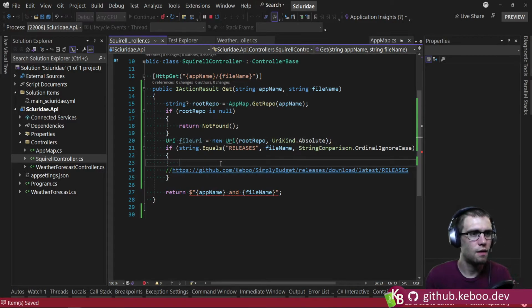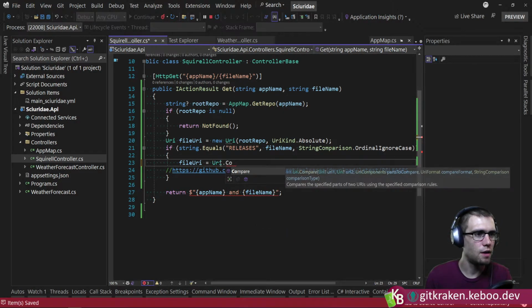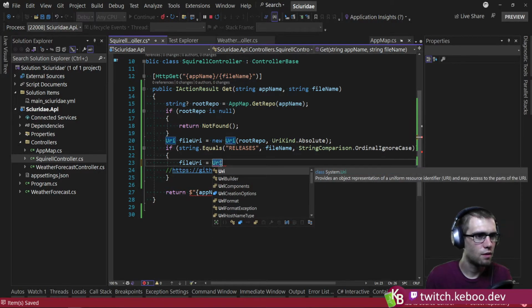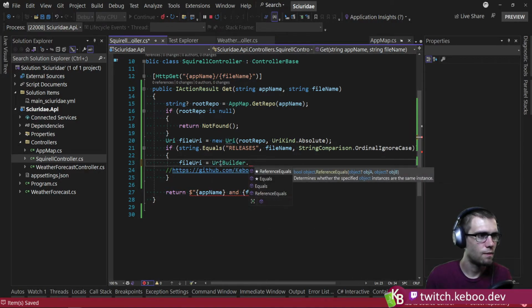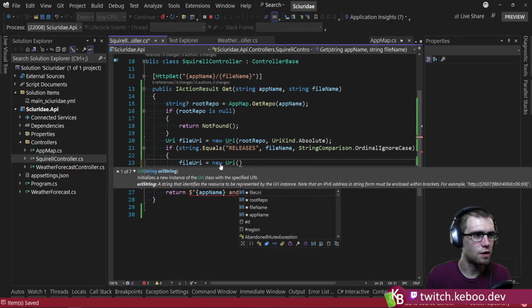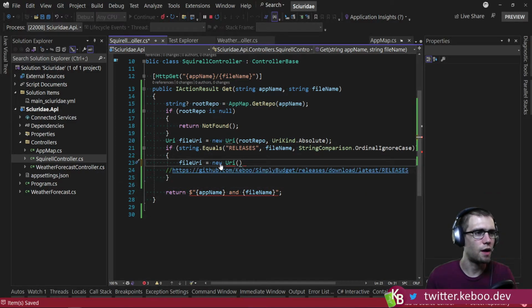And then file URI gets URI combine. Where's the combine method? Oh, it's new. It's on the constructor, isn't it? Yeah, base URI, relative URI. There it is. Okay. So I do file URI, and